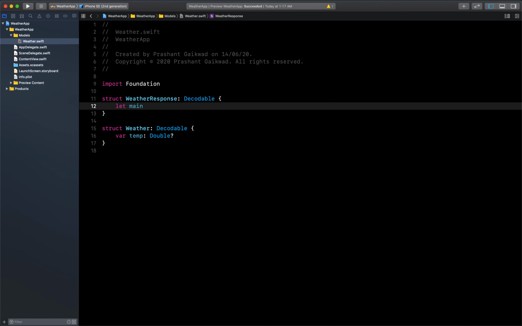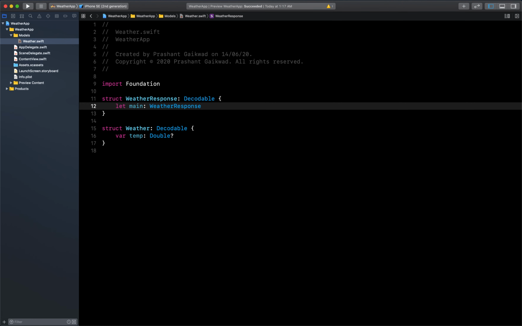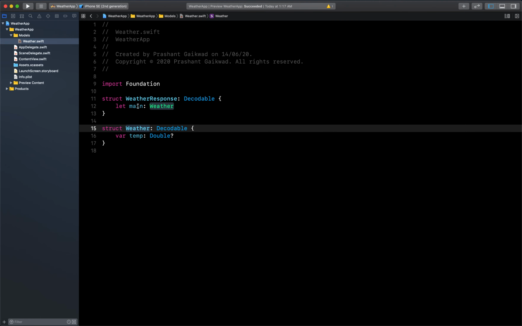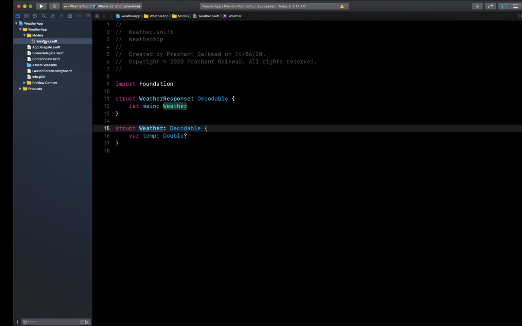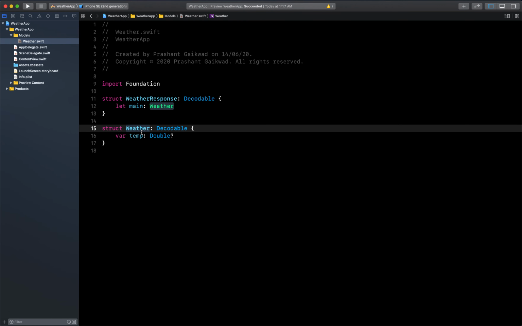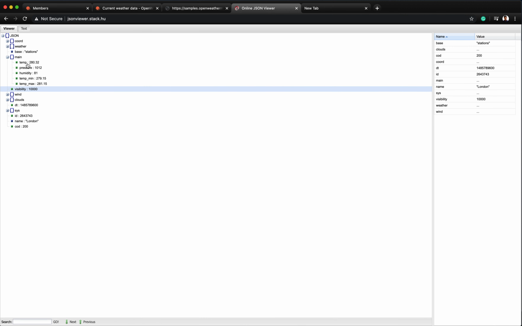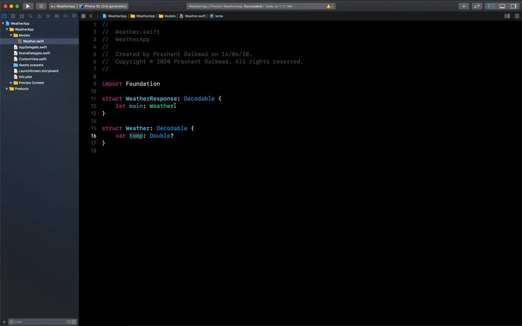So let's say it is a Weather, not WeatherResponse, only Weather. So now we have WeatherResponse, that is this JSON. Inside that we have main, that is this, and inside that we have temp, which is our required key. Okay, now we have created a model class.